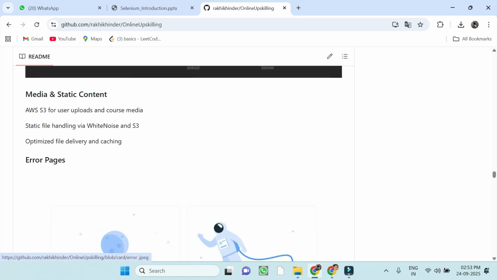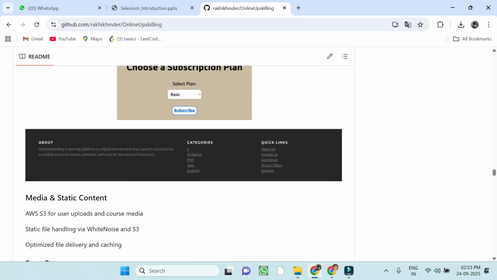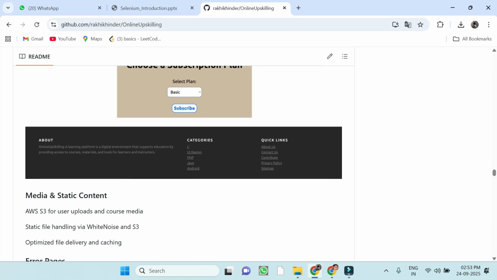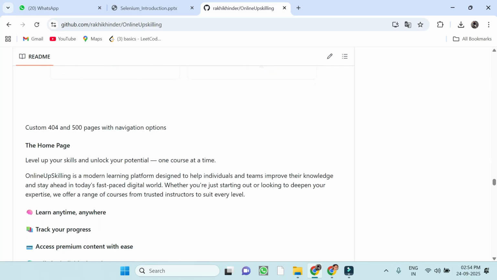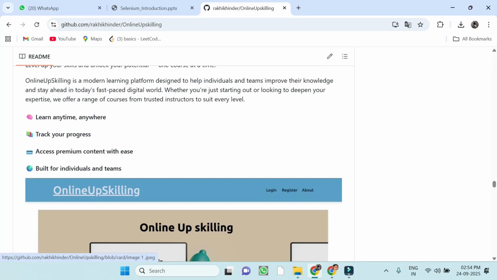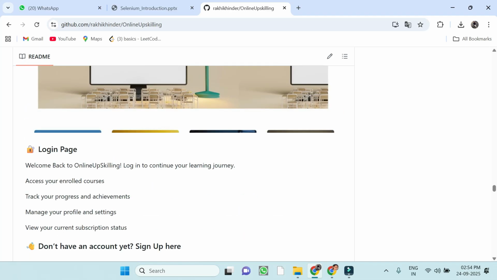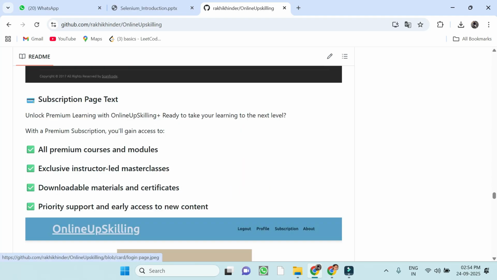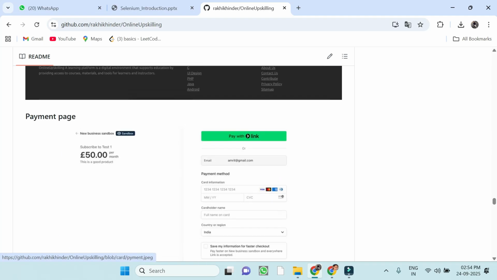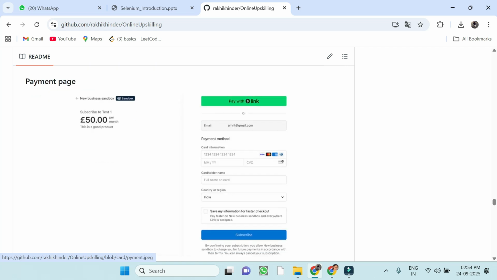This is the 404 error page. If you design this project and face any difficulty, you mention it, like 404 or whatever difficulty you face, everything you mention here. So if any new user or new developer comes, they can easily understand your project and its functionality. This is the login page, how we created this login, logout and subscription. This is the final output of the login page from the design side.